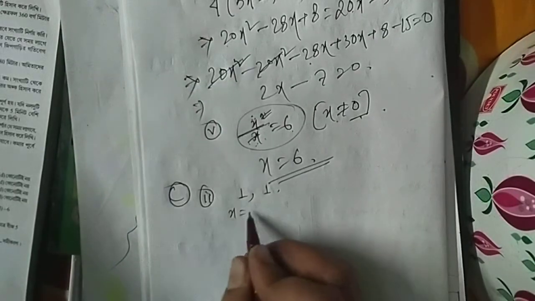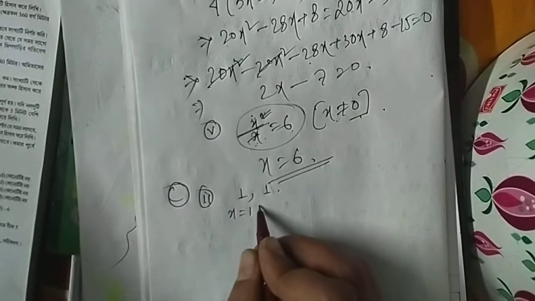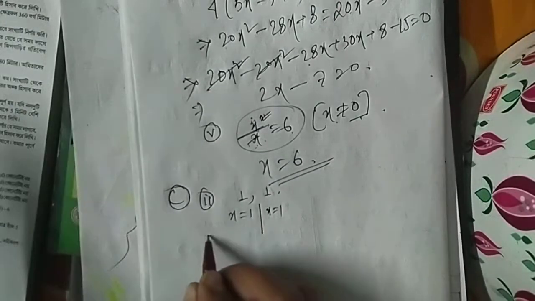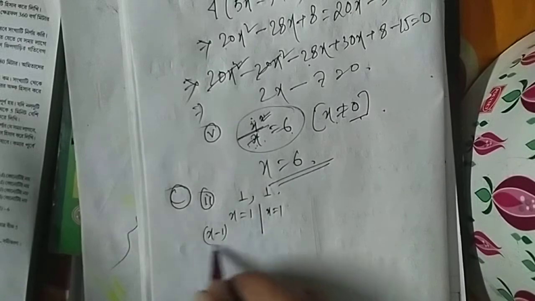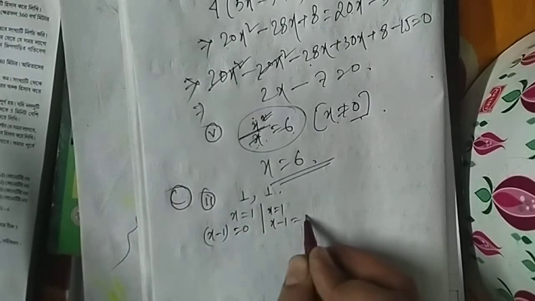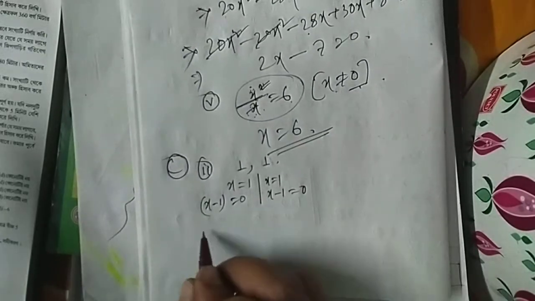That means root means value of x. So one value x equal to 1 and another value also x equal to 1. So if x equal to 1, then x minus 1 equal to 0. Here also x equal to 1, so x minus 1 equal to 0. Then the equation will be